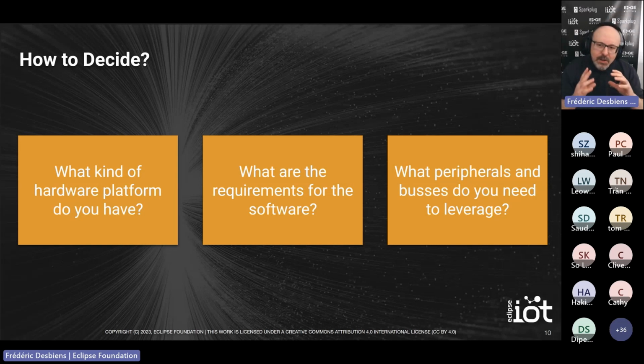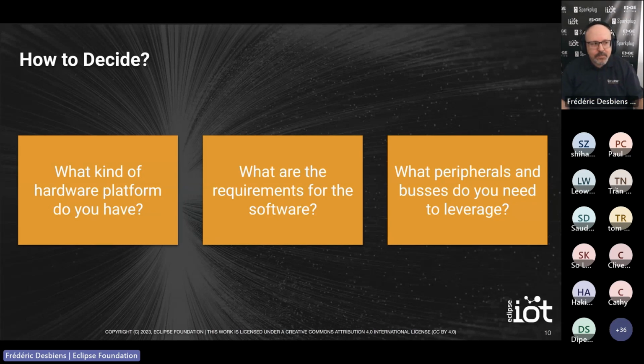And of course, there's the critical part of the peripherals and buses that you need to leverage. If you want to do AI at the edge or AI on device, for example, maybe you need a more rich set of features and maybe even USB or PCI Express connectivity in order to integrate an AI accelerator, for example. And in some other cases, you will need run-of-the-mill, off-the-shelf hardware to do the job. So once again, considering the dimension of the connectivity provided by your real-time OS or bare metal framework is an